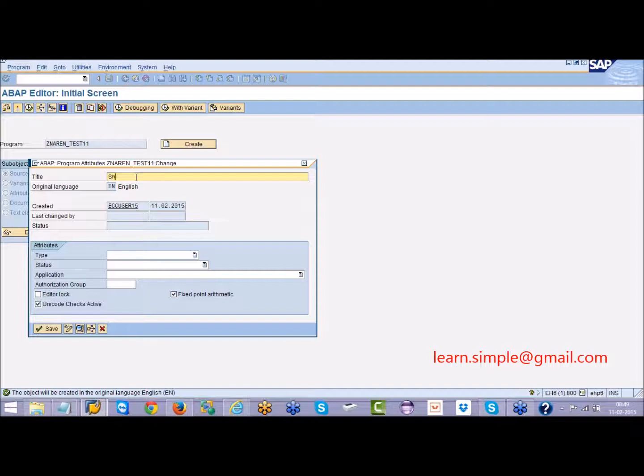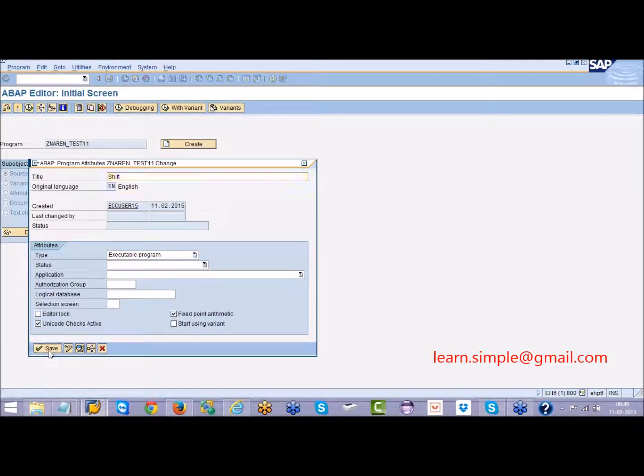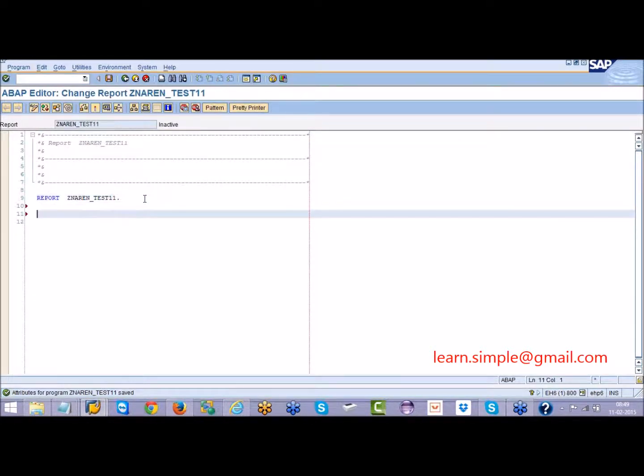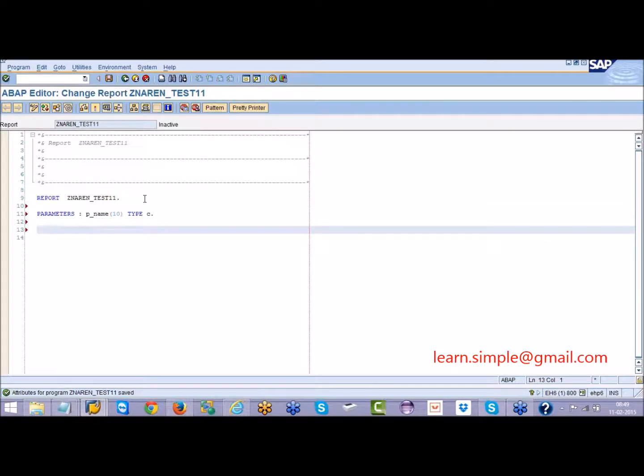There is one more keyword called shift. So I'll say parameters, some name, P underscore name, or some variable of length 10, type C. I'll say write P underscore name with some color, for any colors.